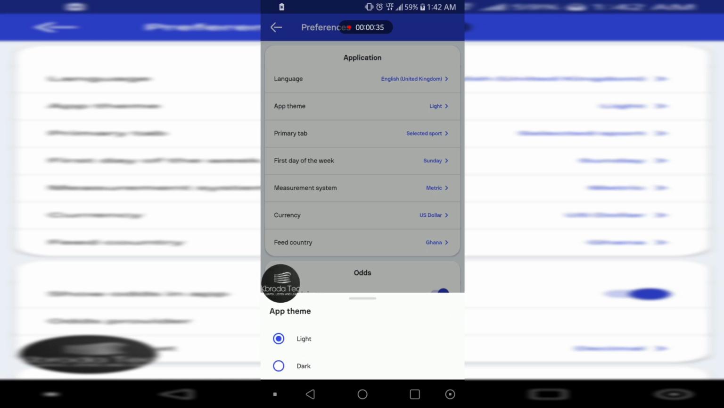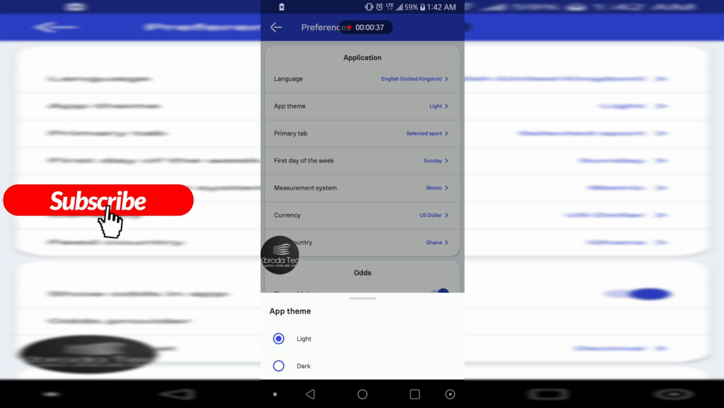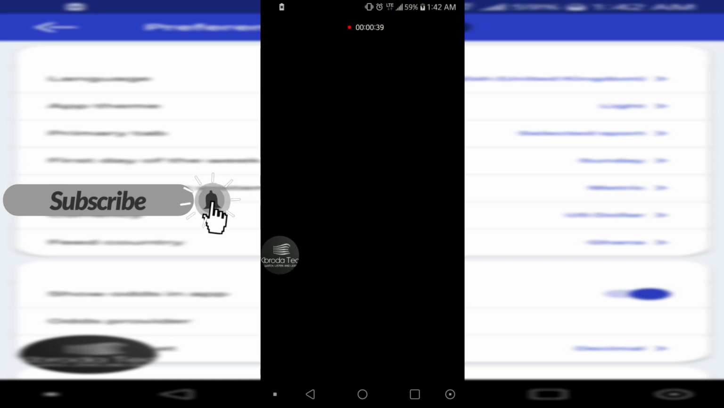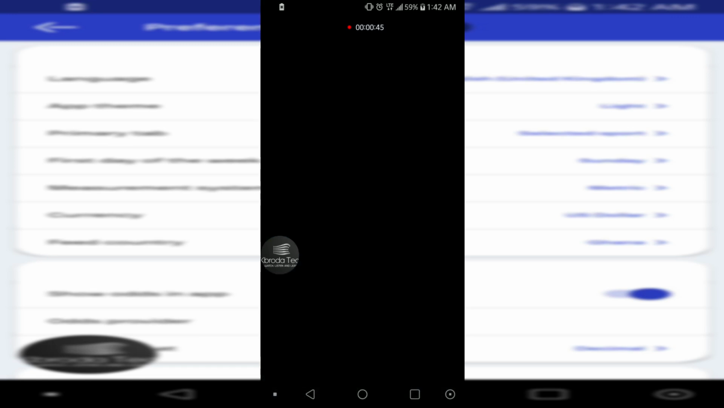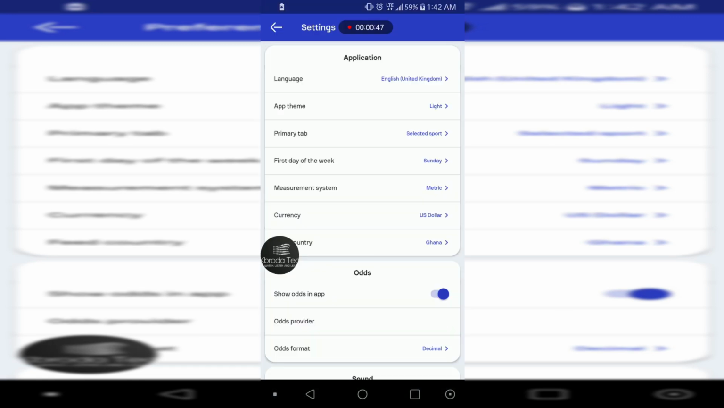Good. Let me scroll this on top and you can see light and dark. Now I choose dark. The app is going to restart and we are on the dark. And now I move back to my light. I prefer lighter. Good. So that's it on how you switch your app theme or change to dark mode or white mode or light